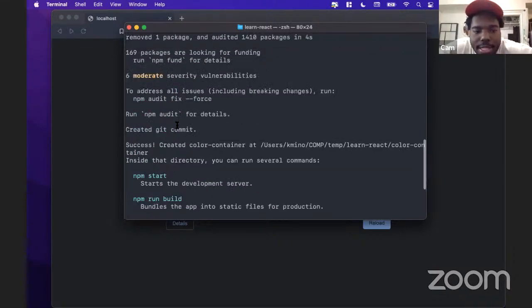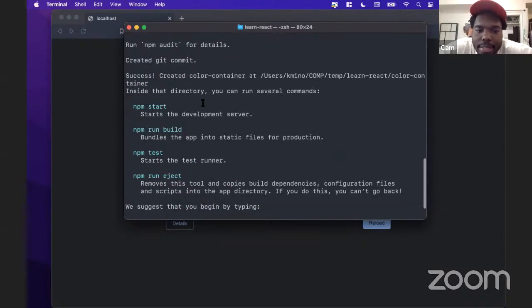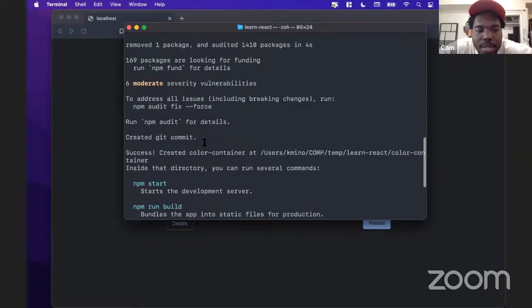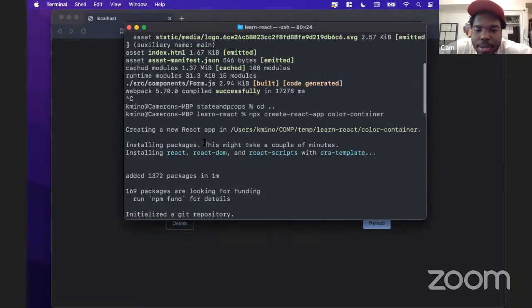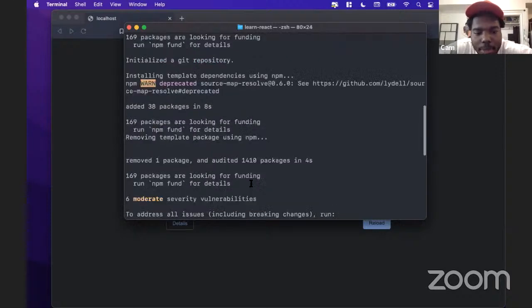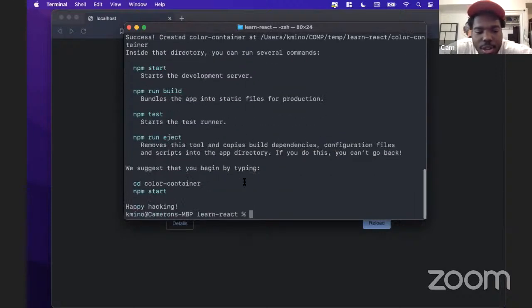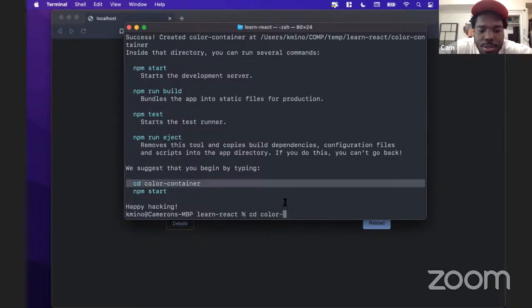Okay, so first thing I did was I used the create React app command to start a new project. Somewhere up here in this mess of terminal output, I ran the npx create-react-app command to launch this project as a templated project. It installed all the things it needed to install, did what it had to do. And now I have this new directory called color-container that I can change into and